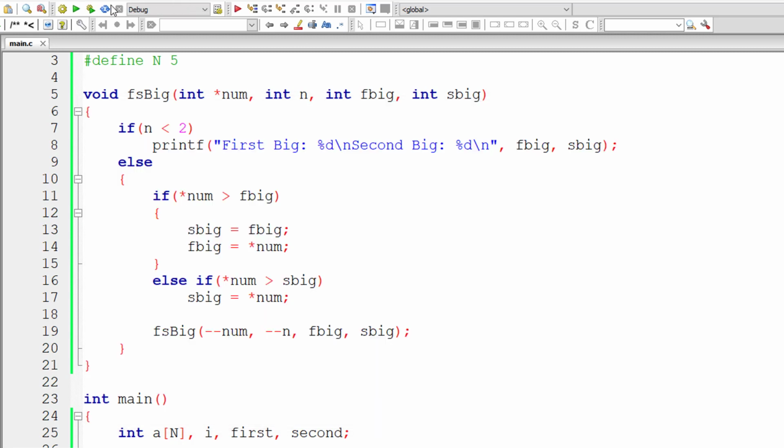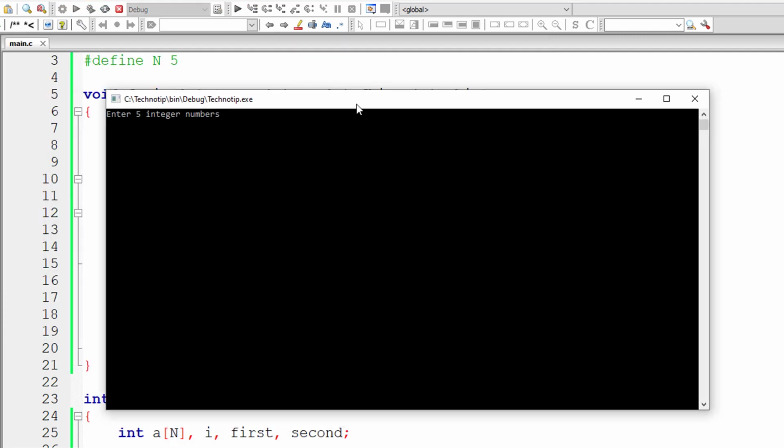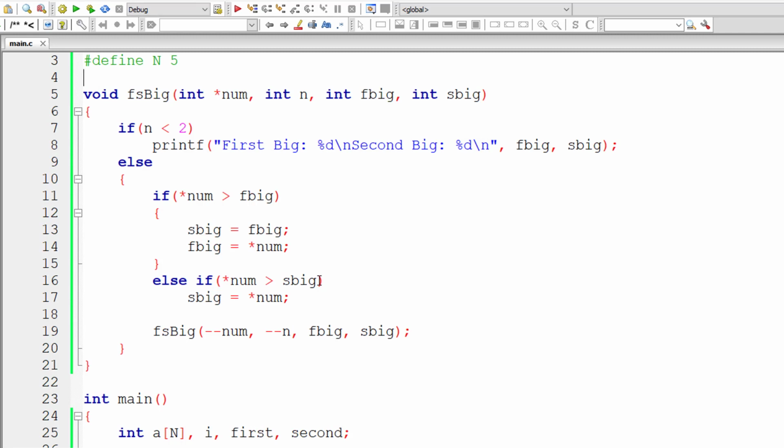What if the user enters the same number twice, like 1 2 3 5 5? It will output first big as 5 and second big as 5 too, but we want first big as 5 and second big as 3. In this case 3 is the next biggest element, right? So I'll add a condition here. See, observe here,